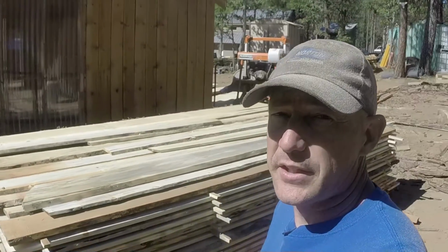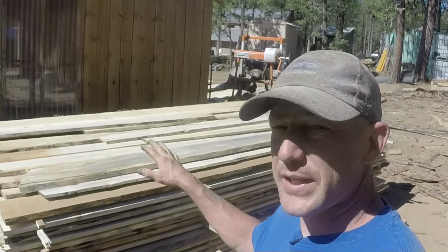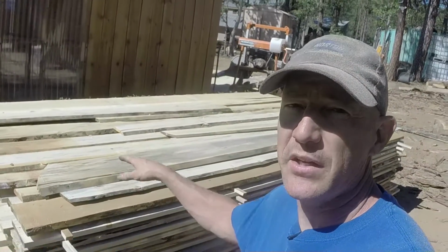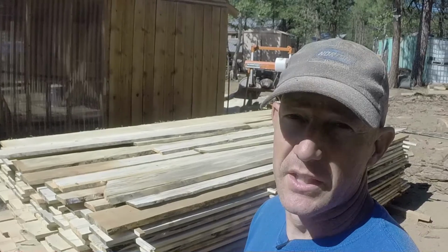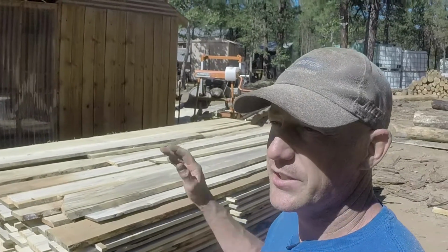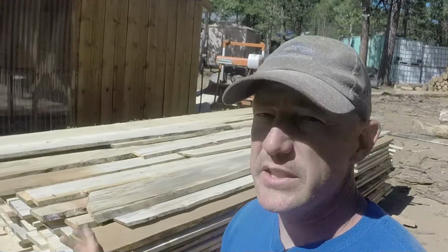We've got them all stickered up and stacked. A little bit of weight added to the top, along with those extra boards, and they keep the sun off the very top layer. And I started off thinking I was going to mill out, what was it, 13 or 14 layers? And it's ended up at 18 layers. 18 layers of at least, I think the narrowest one is 8.5 inches wide, and they're all at least 12.5